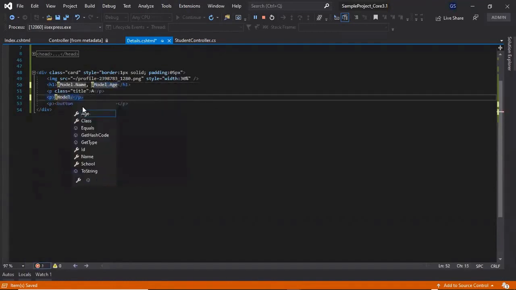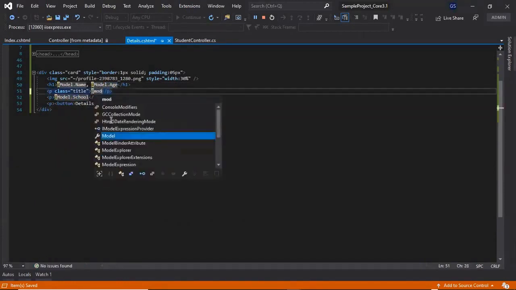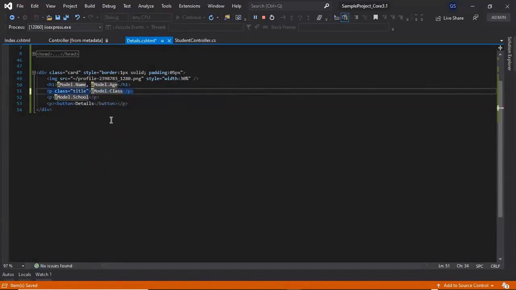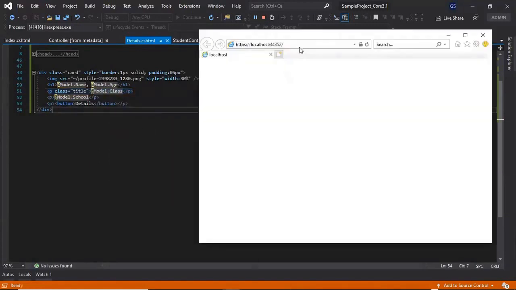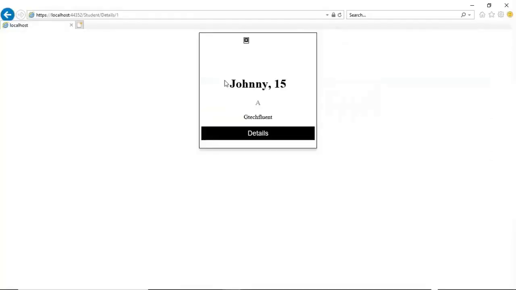Here we require the school, and here we need to give the class. Let's run and navigate to student/details/1. Look, we are getting all the data of the student like name, age, class, and school. But if you notice, we are not getting the image.